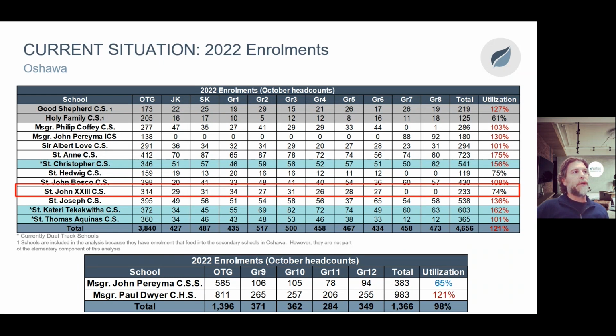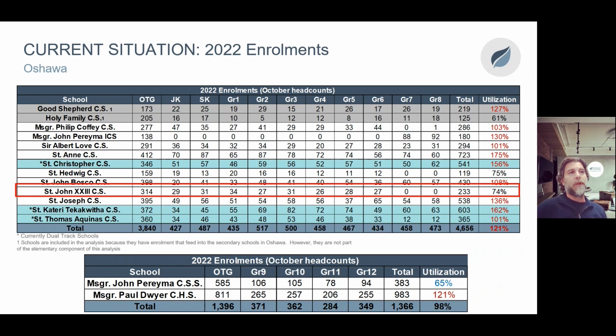So on this slide, what we're looking at are all the enrollments of the elementary and secondary schools that are involved in the Oshawa Boundary Review. What the table is showing is the schools, as well as in this column where it says OTG, that's referring to on-the-ground capacity, which is really the facility's permanent bricks and mortar capacity, what it was built and designed for. It does not include temporary spaces like portables. It shows all the enrollments by school, by grade, total enrollment, and the utilization rates that we see in the last column are simply a reflection of a percentage of the enrollment compared to the school's capacity.